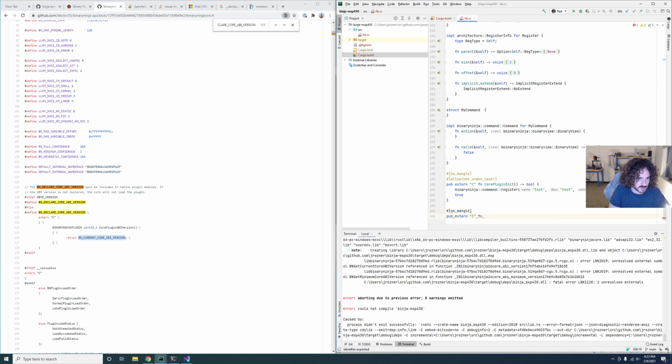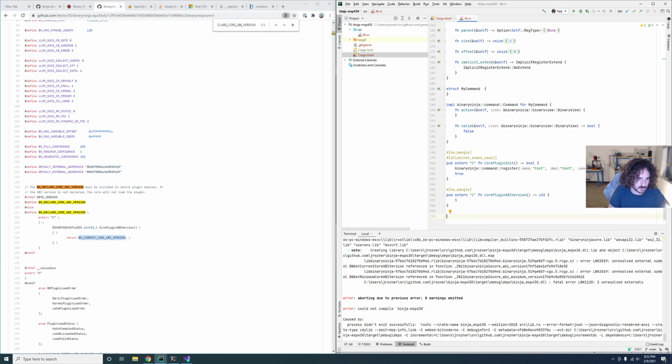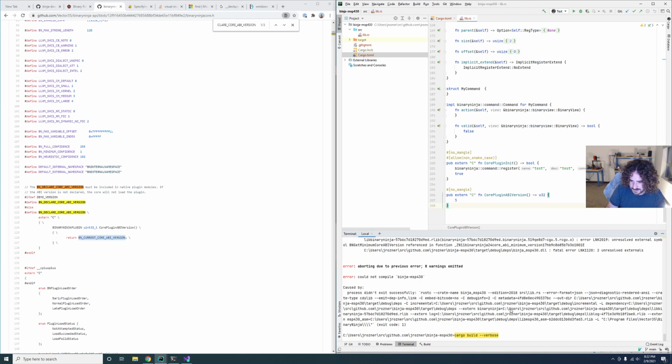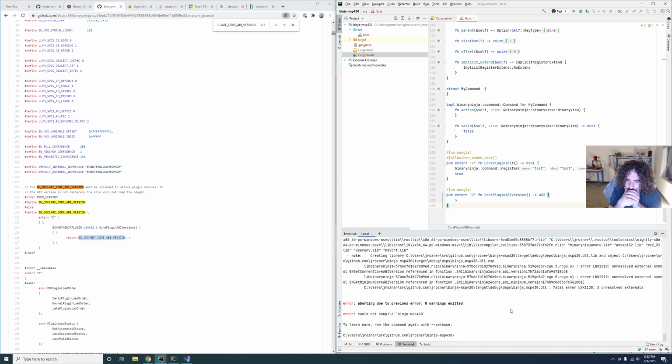What is this? U32. We'll just say it's a 5. So does one of these go away now if we do this? No, so we still get 2 unresolved